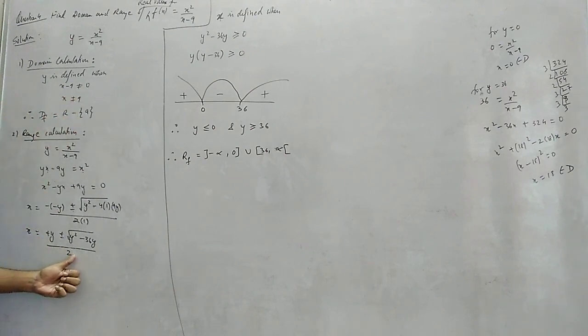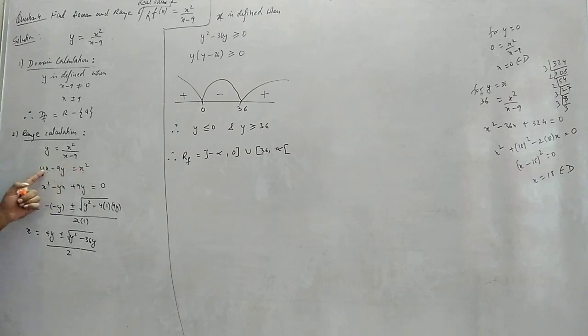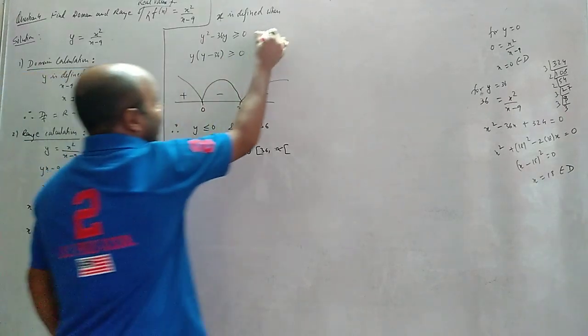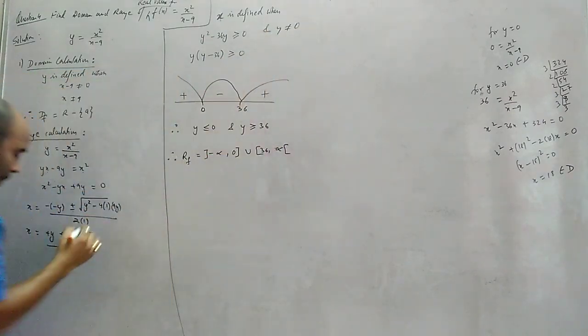Because there is no y here and the powers of x, x square and x, different powers are there. So we take the help of a quadratic equation. From the quadratic equation we get this thing. Mostly when you face a question in examination you will get a y here. तो यहाँ पे क्या हो जाएगा? And y not equals to 0. अगर यहाँ पे y आता तो